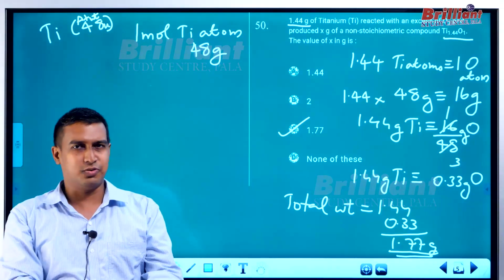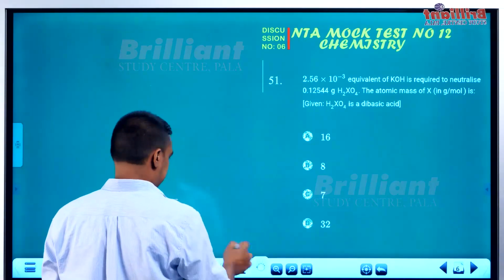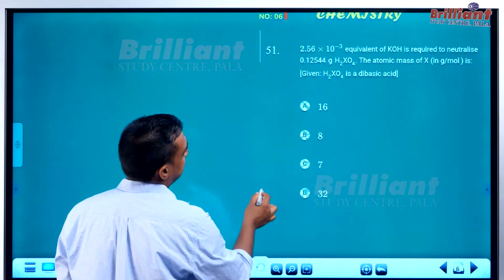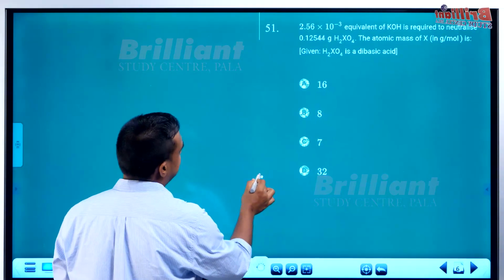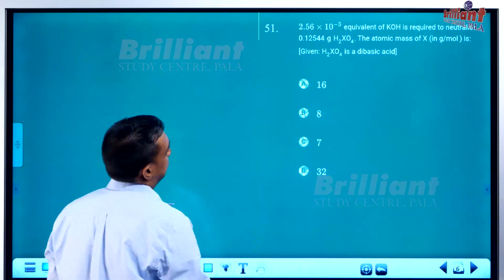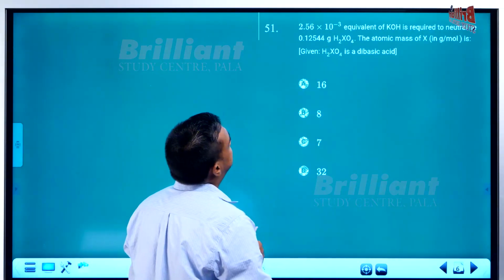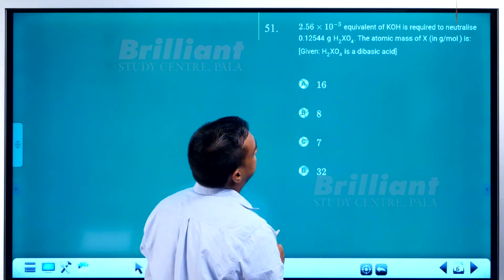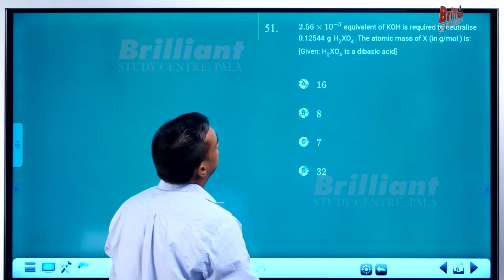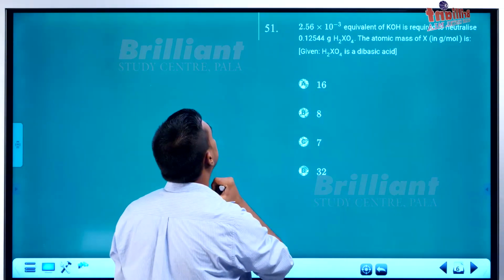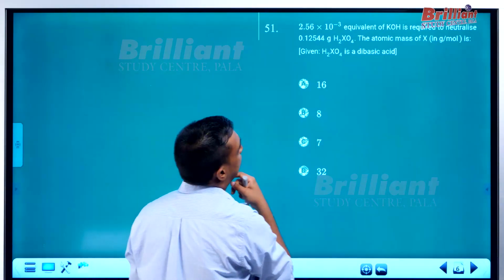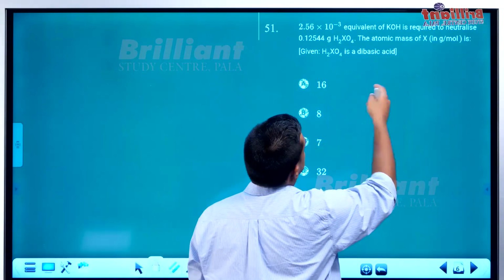Coming to the next question. There is a very easy way to do this question. If we want, we can also honestly write out some calculation and do it, no problem. Now 2.56 into 10 power minus 3 equivalent of KOH is required to neutralize 0.12544 gram of H2XO4. The atomic mass of X is